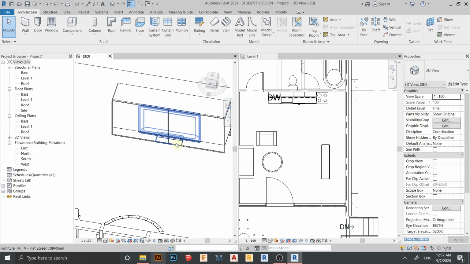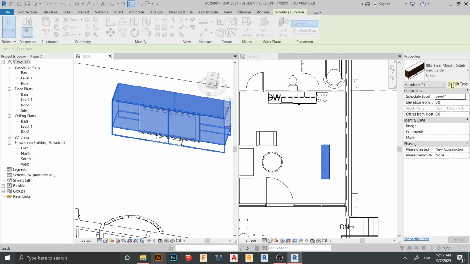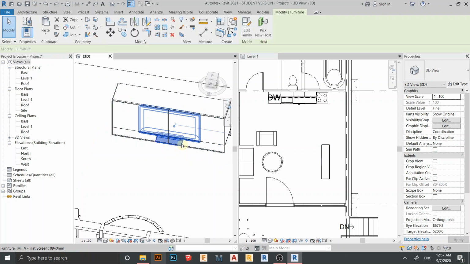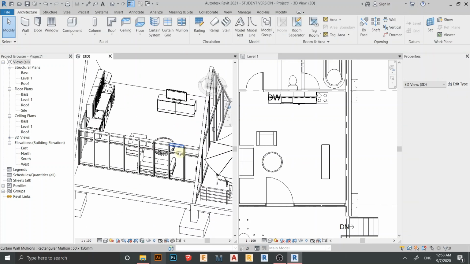I need to check my cabinet height here. My cabinet height is, let me see, 720. Here we can offset 720 more. Okay,